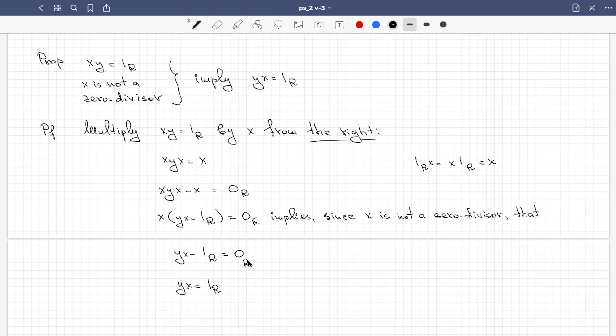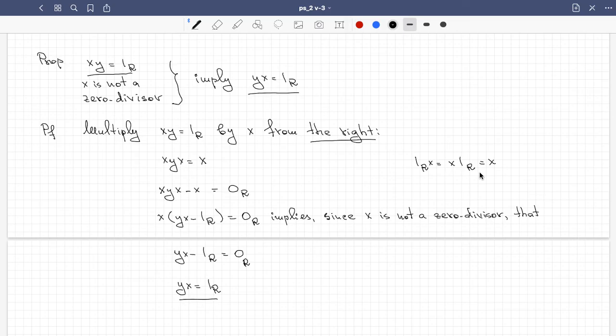So we proved the proposition. We had xy is 1 with an extra condition, not a zero divisor, and we wanted to switch it, yx is also 1. We did it. So that is because 1 commutes with any element,